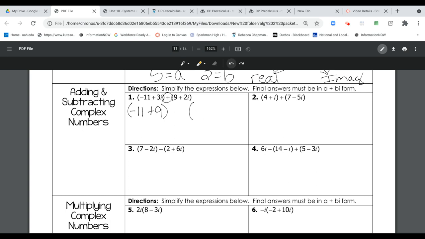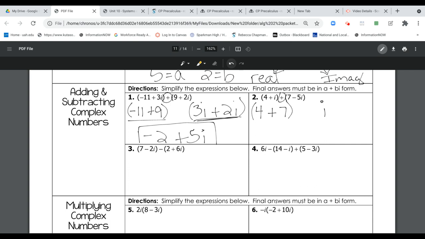I apologize, it's not a -3. So I'm going to add my b values together. That's -2, and that's positive 5i. If this had been negative 5i, then we would write down -2 minus 5i. But it is just like combining like terms. If you don't have to write it down... I'm a visual person, I like to see it. But if you can do that without writing, add up your a's, add up your bi's, and then put those two results together. So in the next example, what you should be thinking is 4 plus 7, add up your a's,